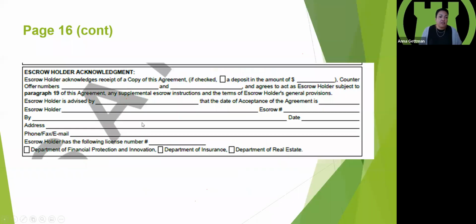The next page is our escrow holder acknowledgement. This is what we fill out. This is page 16, no longer page 10, no longer, way back when, page 8. We will fill this out. We will mark the box accordingly if we have the deposit. This is our communication to you saying we're accepting this escrow. I'm marking this box that I understand that